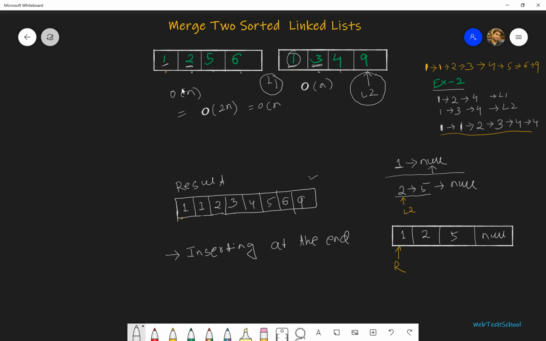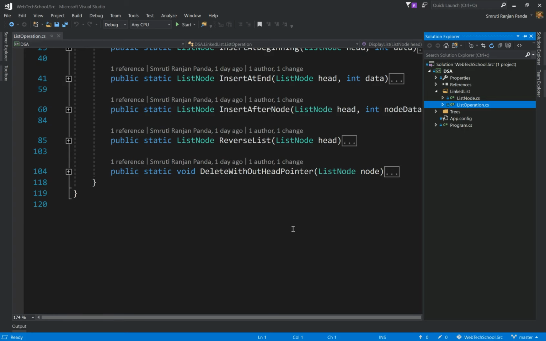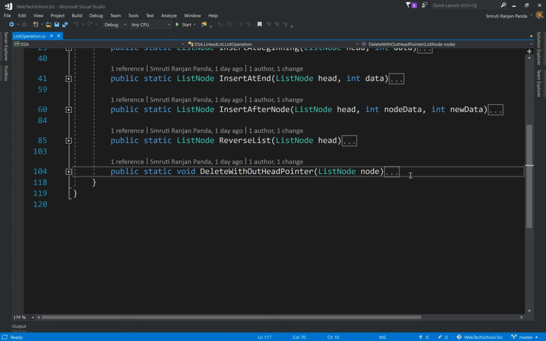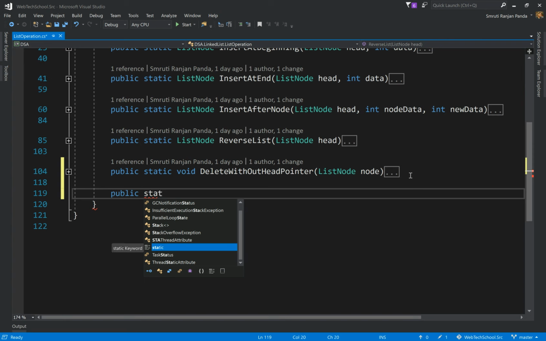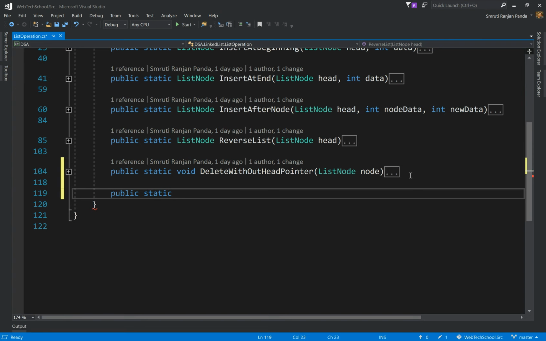Now let's do this programmatically. I am at Visual Studio, and we'll be working on the same solution. For the linked list, we are working on the list operation.cs. Let's create our method. We want to create a public static method, and we want to return the list node, or the head pointer of our result list.